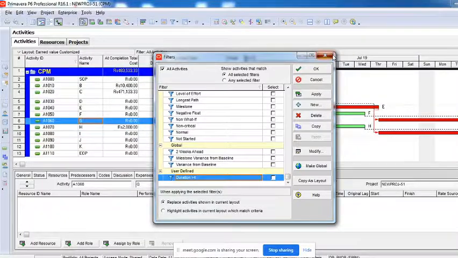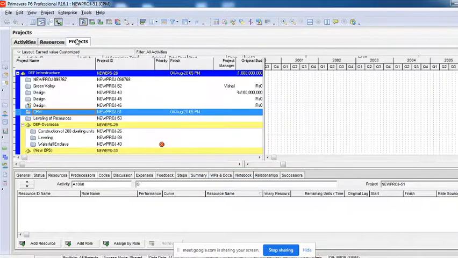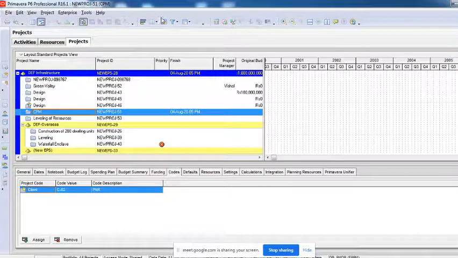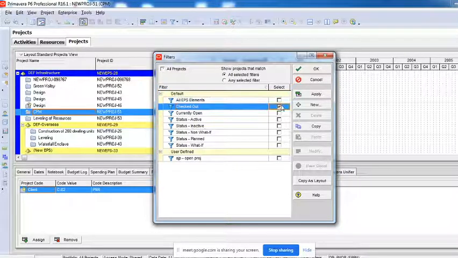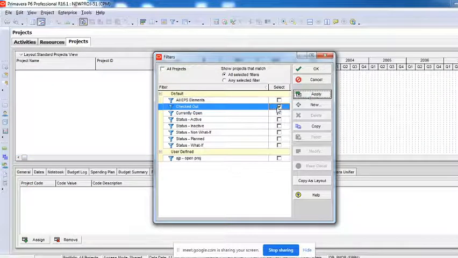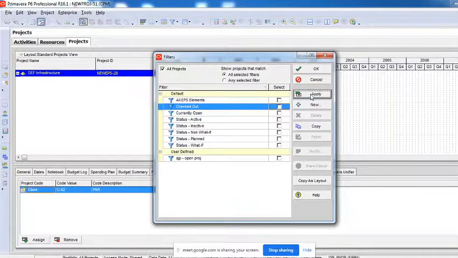And similarly, we also have some defaults to that. For example, when you go to the projects page and then go to this filter and say Customize or Open, you can see here by default there are different filters. I want to see the projects which are checked out, meaning locked projects. Oh, there are no projects which are locked currently. Okay.